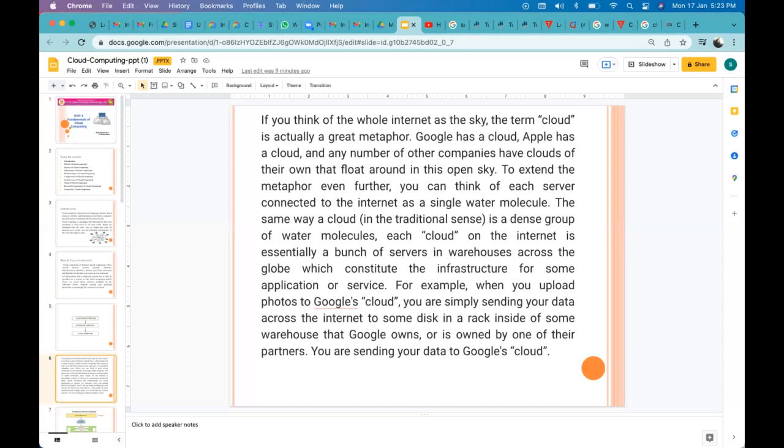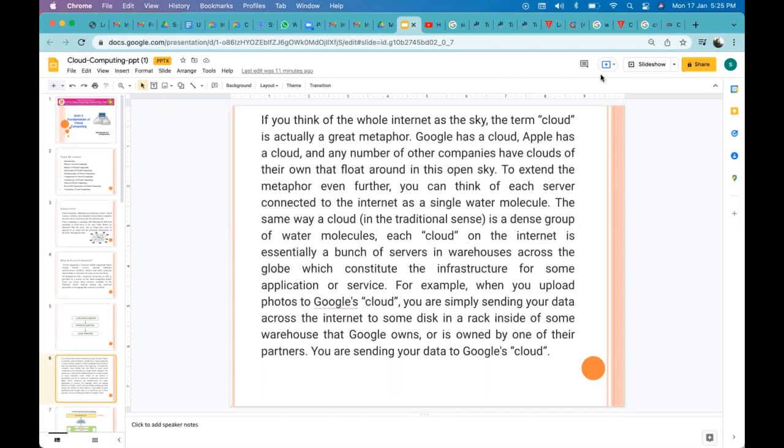To extend the metaphor even further, you can think of each server connected to the internet as a single water molecule.